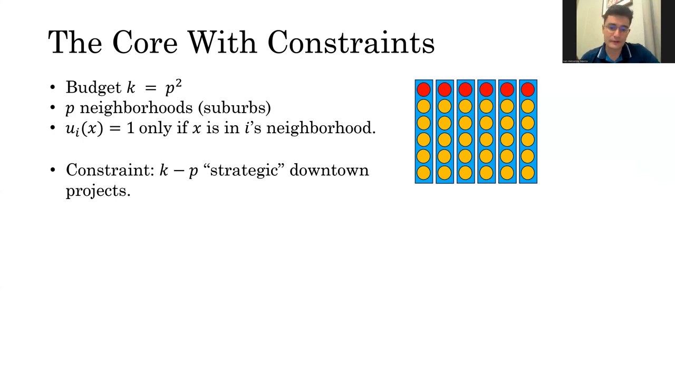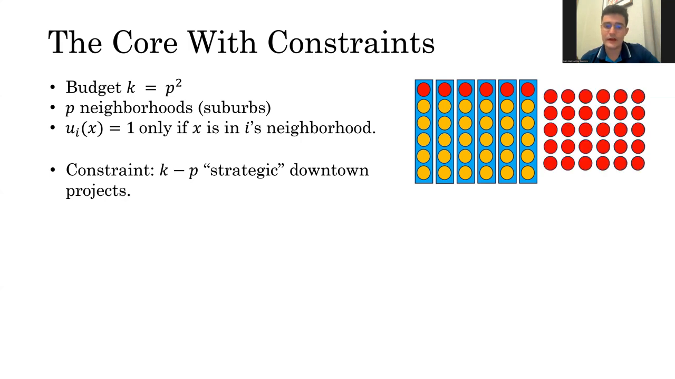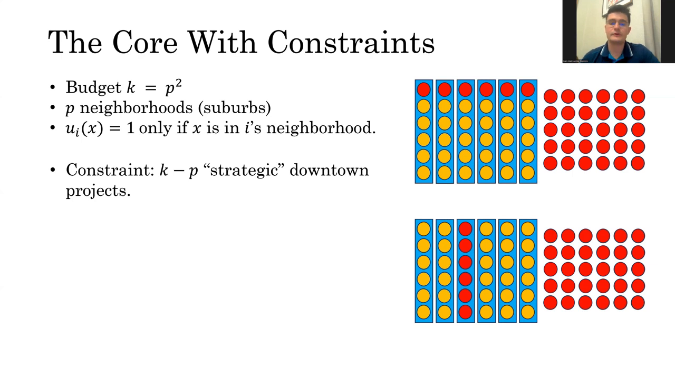This common sense outcome, however, results in a utility of 1 for each voter. However, any neighborhood would have a fair share of P, and thus they could obtain a utility of P if they were to form a coalition, while still satisfying the constraint to leave K minus P for the downtown projects. By letting K grow, we can conclude that there can be no multiplicative approximation to the core when we have